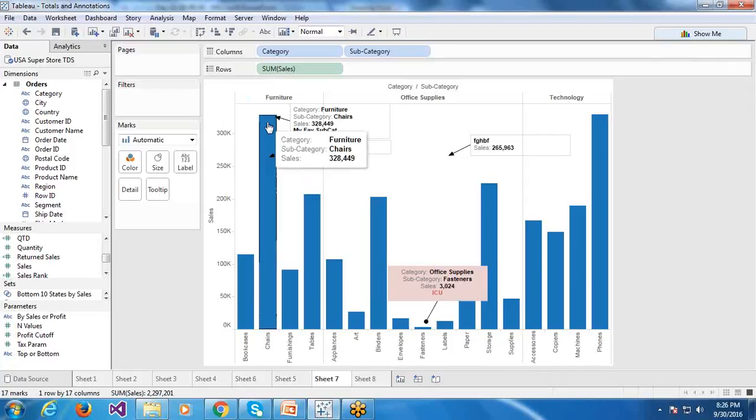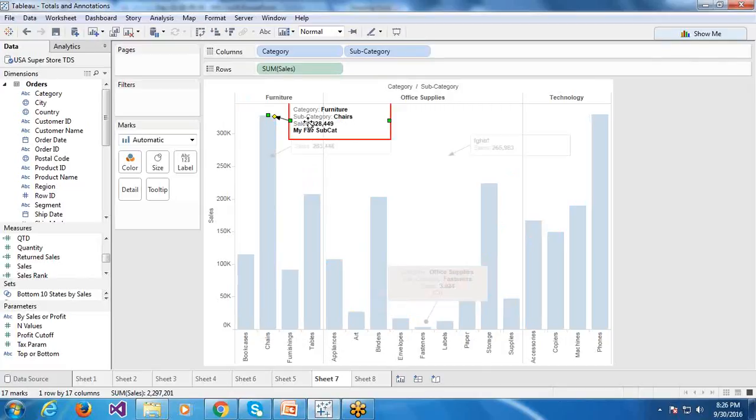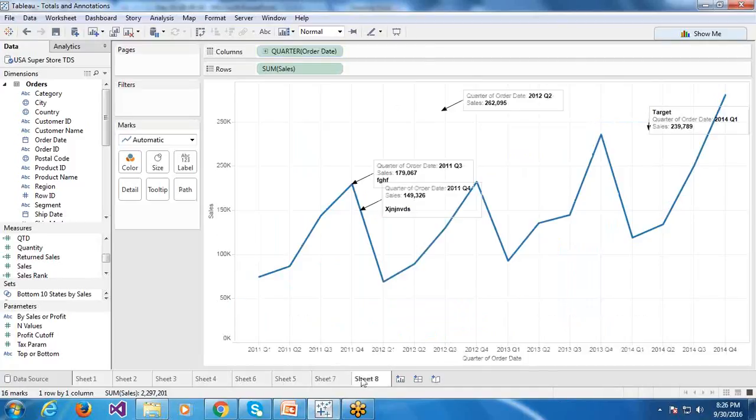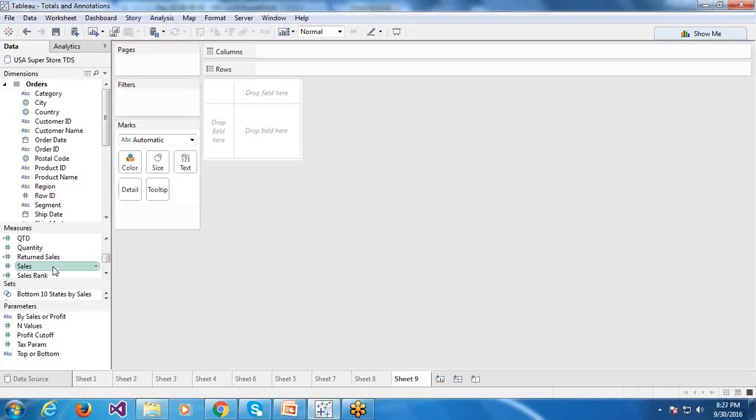It is 328k is sales for this mark. So mark annotation is associated with the mark. So that is the difference between mark annotation and point annotation. Okay, fine. So let us take one more thing.